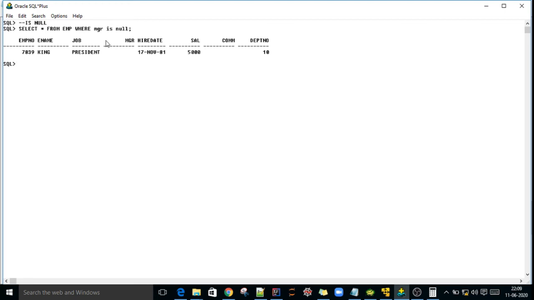The question is, give me the records from the employee table who don't have a manager. That is a query. So who don't have means a null value only, right? The manager column is null, so directly we can use the IS NULL operator, where that column is null.